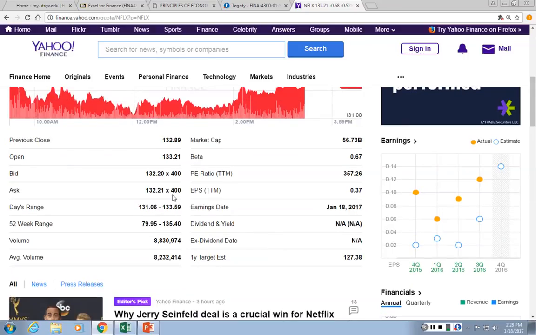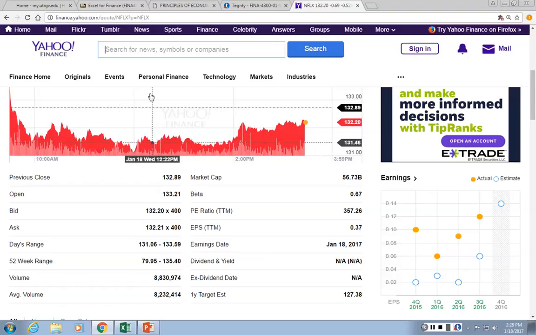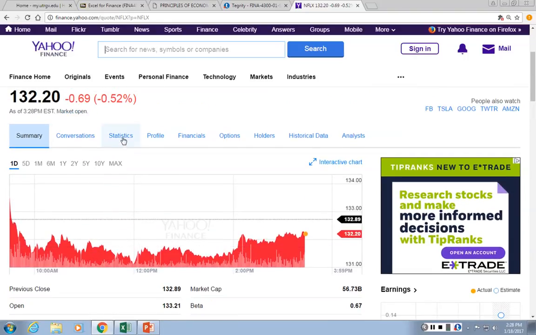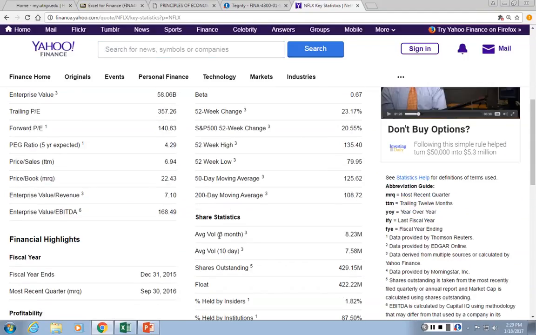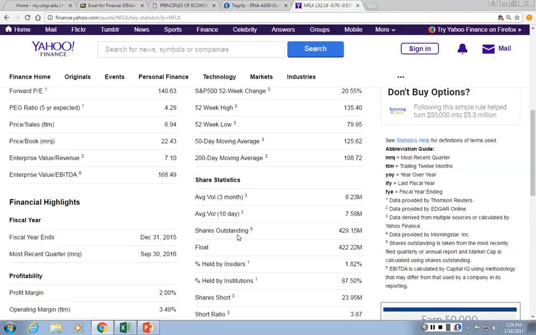Now, the number of outstanding shares is not right here on this page. In Finance Yahoo, if you go to statistics right here, it is right here. Shares outstanding, 429 million. So if you multiply the stock price times that number, it'll give you the total market capitalization of